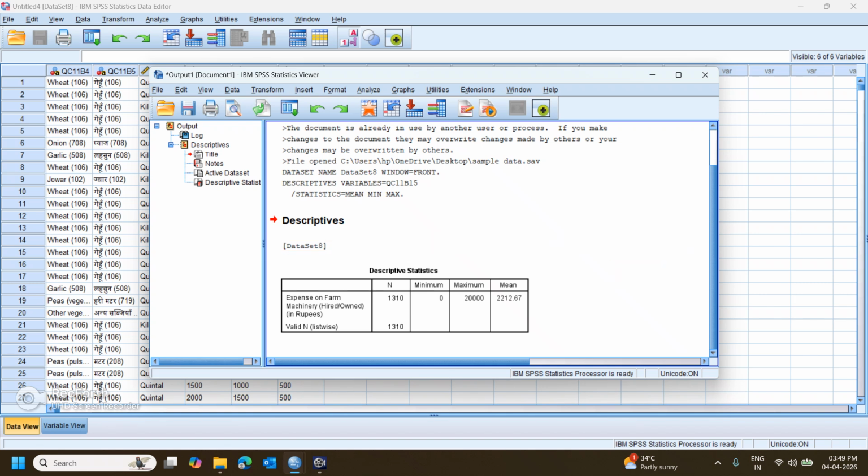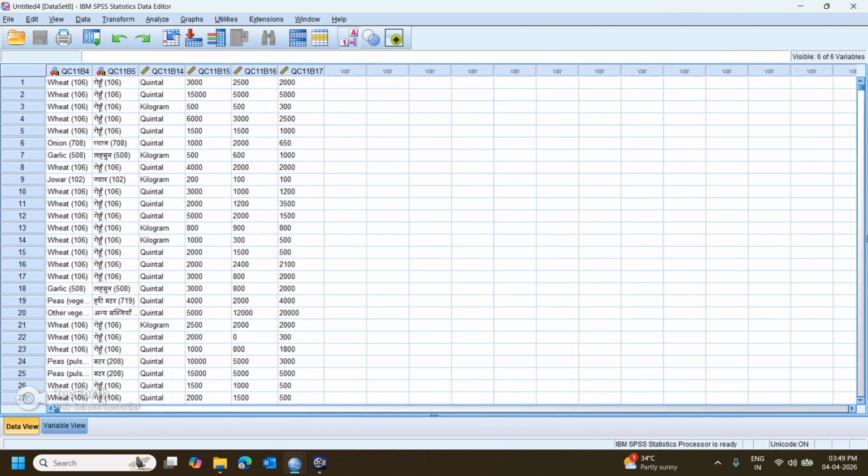The variable which I have calculated is expense on farm machinery, and we have a total of 1310 records. For those records we have got the mean of rupees 2212. We have also got the minimum, which is 0, meaning that person has not spent any amount on farm machinery, and we have got the maximum, meaning the highest amount which any case has spent on farm machinery, which is 20,000. After this, another method to calculate mean is, first of all you have to select the variable for